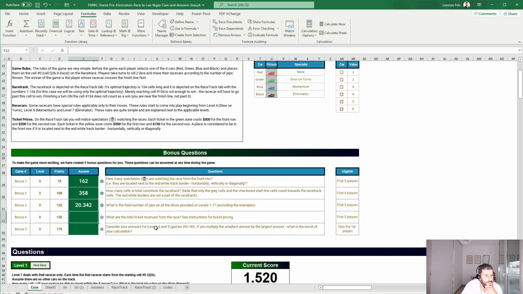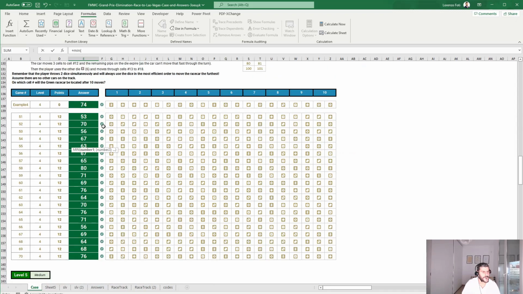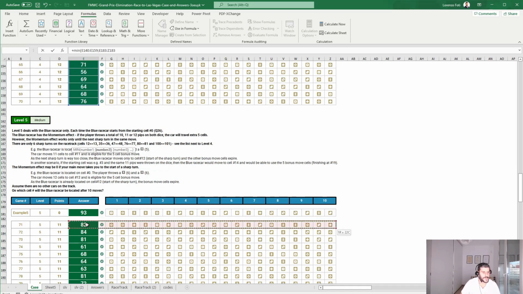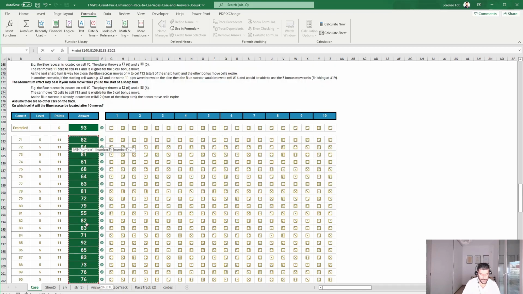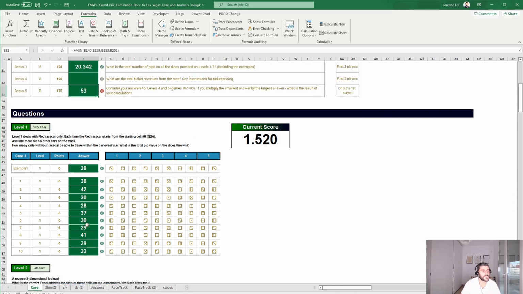yes. What is the total ticket revenue from the race? See instructions for ticket pricing. We'll first do this. Consider the answer for level 4 and 5. If you multiply the smallest answer by the largest number, what is the result of your calculation? 4 and 5, they said, of this. I don't know if it works like this. Okay, times the same thing, but this time is a max. Okay,